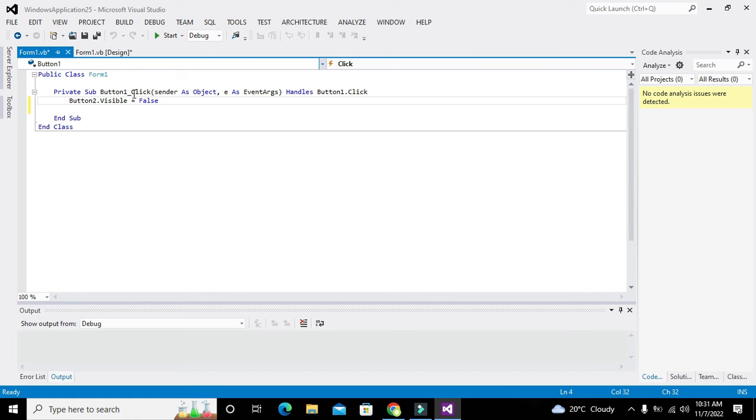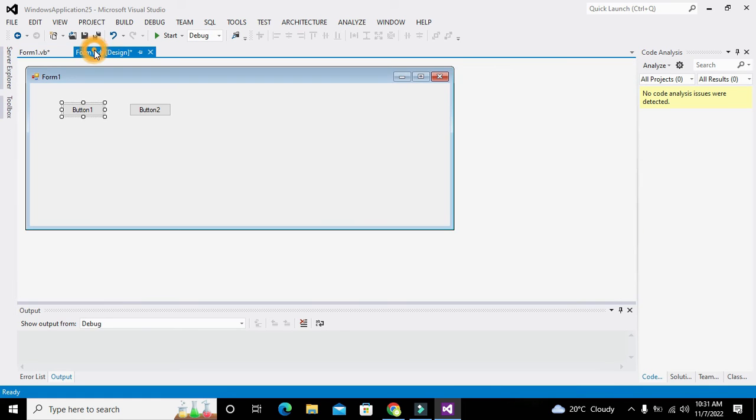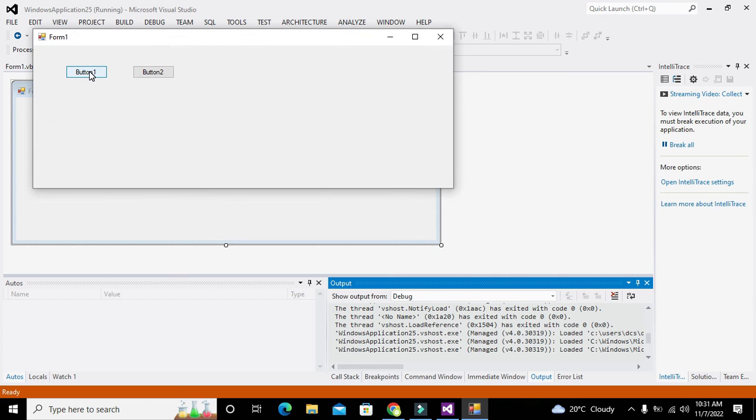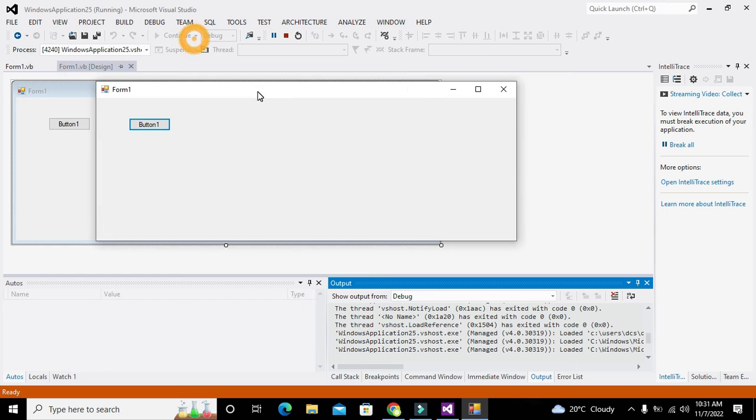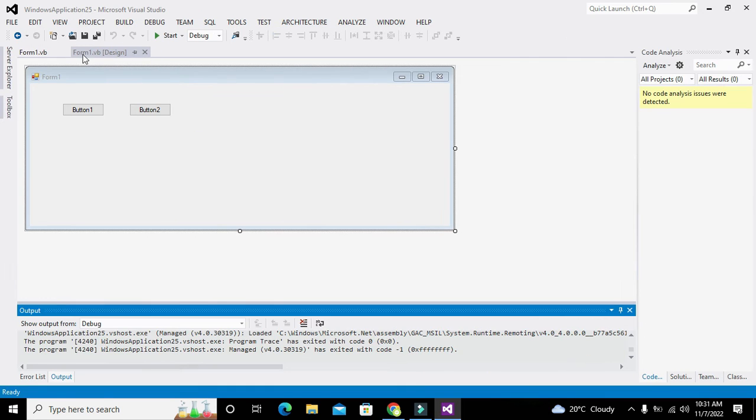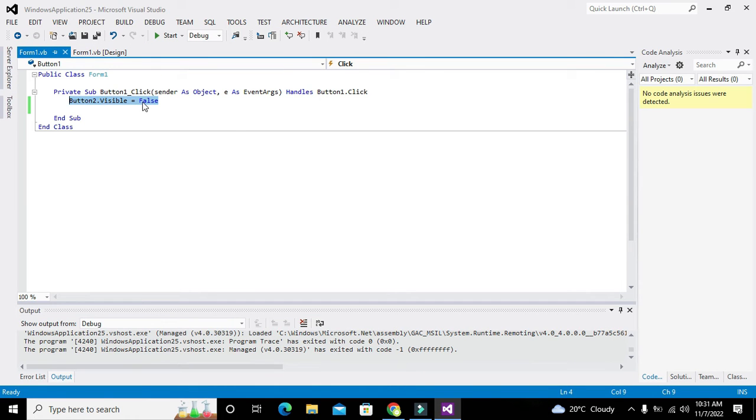So what will happen when we click on push button 1? This statement will get executed and button 2 will not be shown to us then. Like, when we click button 1, button 2 disappears. So in this way you can also use it for